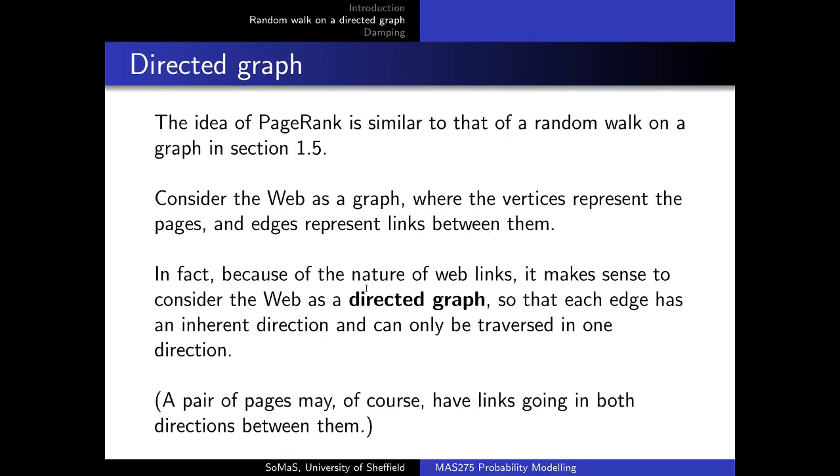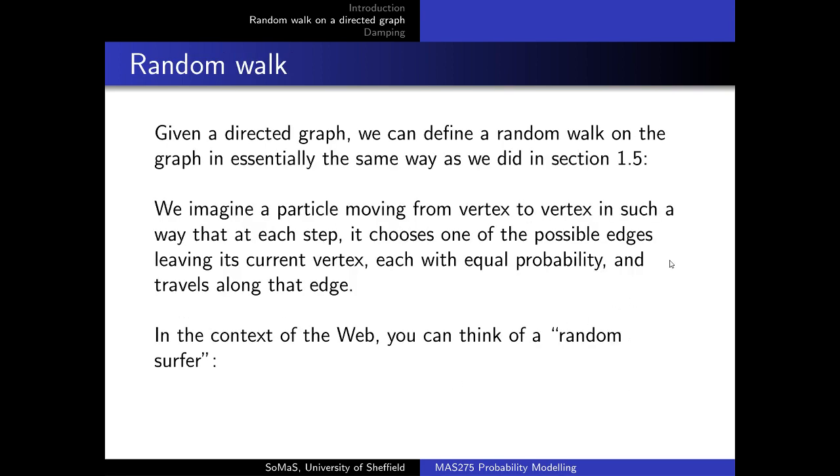Okay, so we have what we call a directed graph. And it's worth mentioning, we didn't have it in this example, but there may be several hyperlinks going from one page to another, because sometimes it's more convenient this way. Okay, so on this graph, you can define a random walk